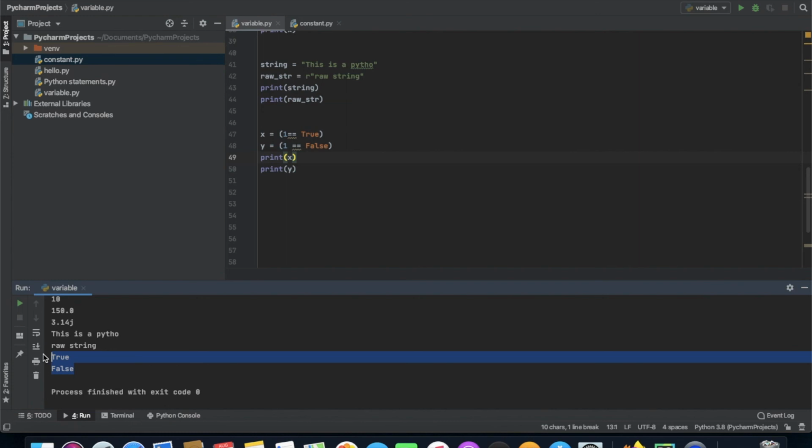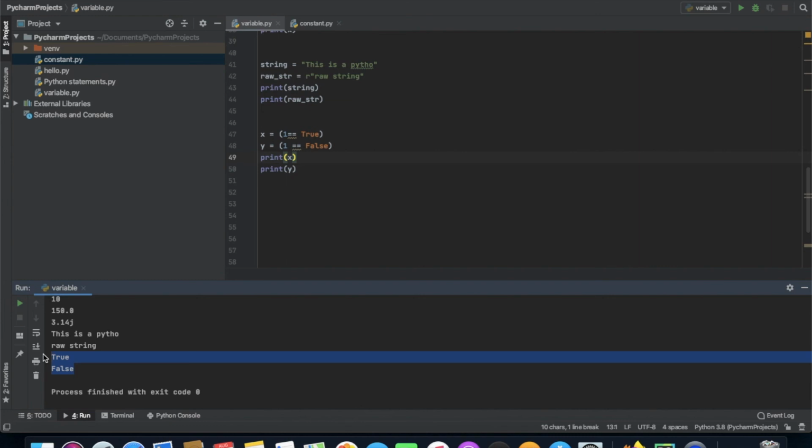I am just giving you a basic overview of these literals, and there are also some special literals. Python contains one special literal, that is None, which we have talked about, that if there is no value, it will return None. Basically, we use it to specify that the field has not been created. I showed you the example of None in the previous video, the Python statement video, where we had not assigned the docstring, but we were accessing the variable name dot __doc__ in the print function, so it is showing us None, because you have not assigned the docstring.